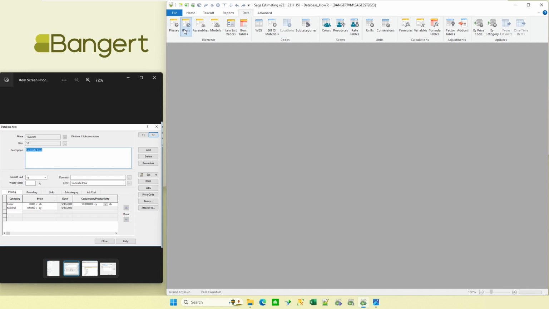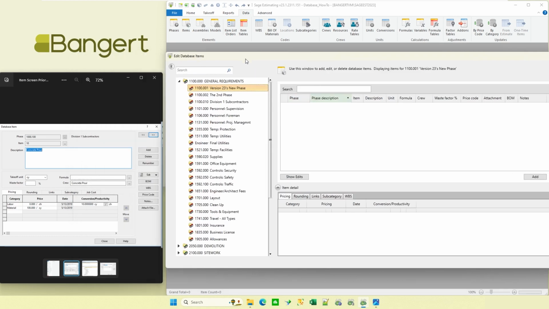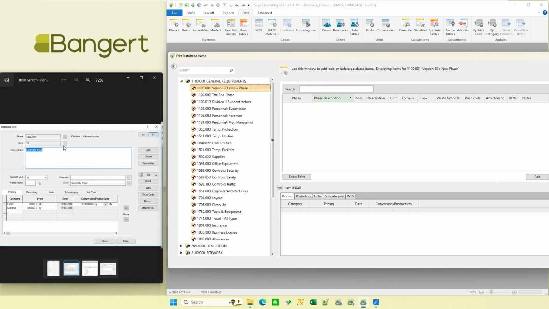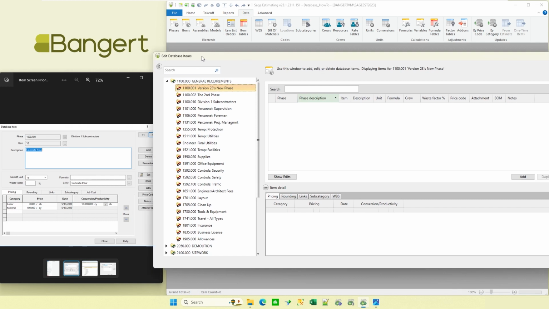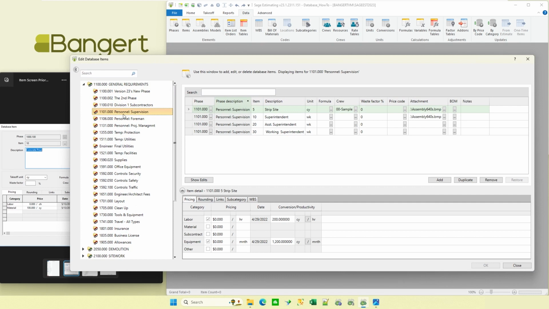If I go up to my items, it's a little different because the same problem applied here: you could pull up a list of items, but once you picked something, you were just looking at that one thing. One of the things that's pretty neat about this version is maybe I could pick a phase, like let's just say my personnel supervision for a moment. When I click on that one group phase, there are all the items associated with that one phase.